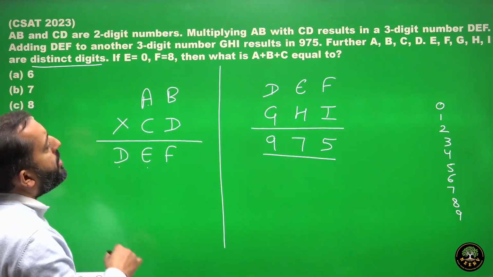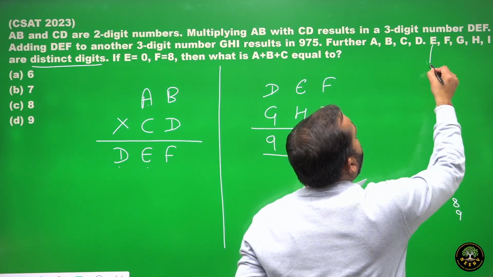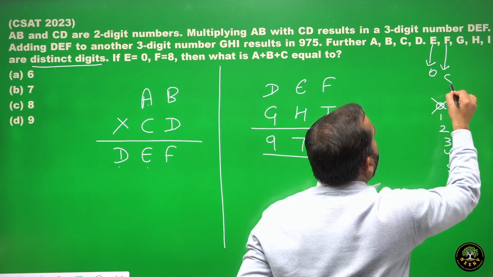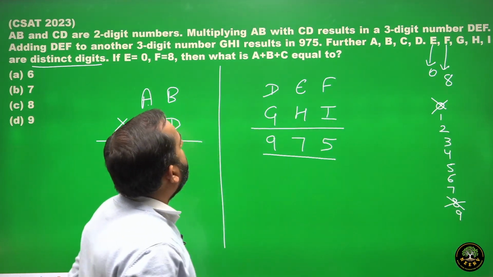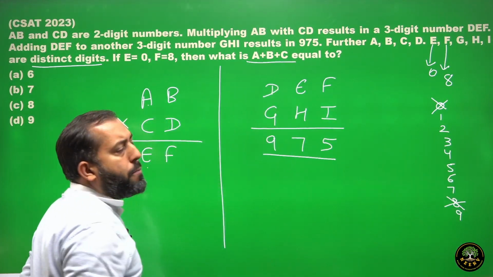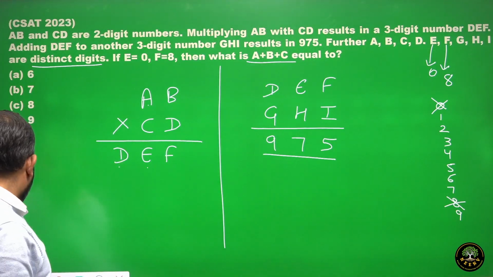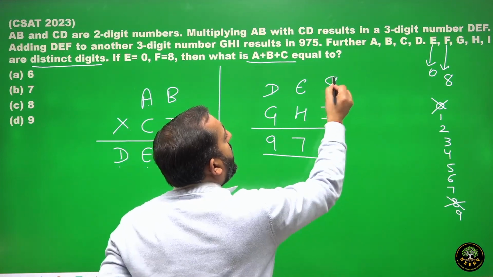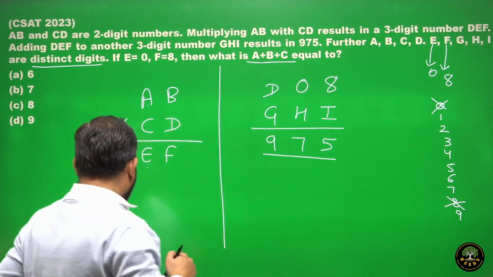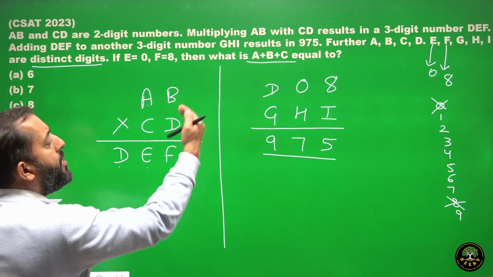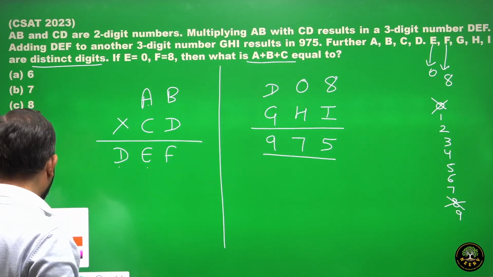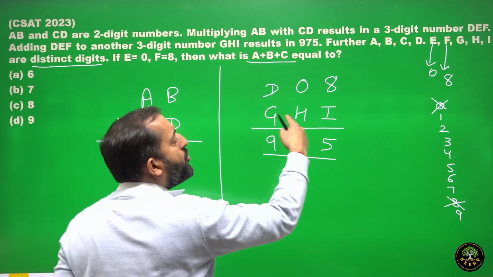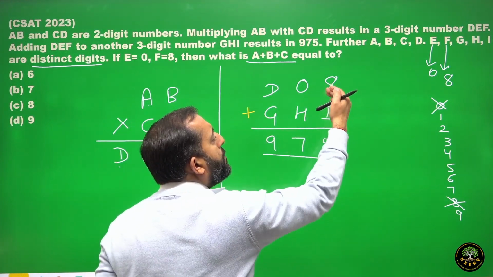Next, if E is 0 and F is 8, then find the value of A plus B plus C. Now we know F is 8 and E is 0. We are adding D08 to GHI, which means 8 plus I